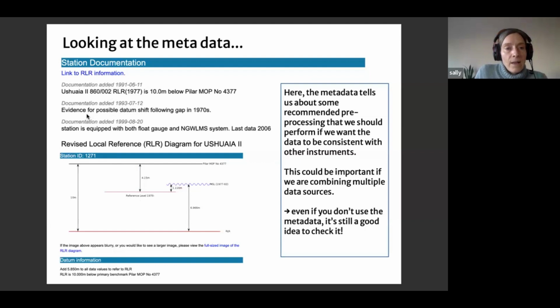We've then got in the middle, it's telling us that they've noticed that there was some kind of shift in sea level when they changed the instrument in the 1970s. And then at the bottom, they're telling us about the correction that they think we should apply to this data if we want to combine it with other instruments. So this is why it's always a really good idea to check the metadata before you start